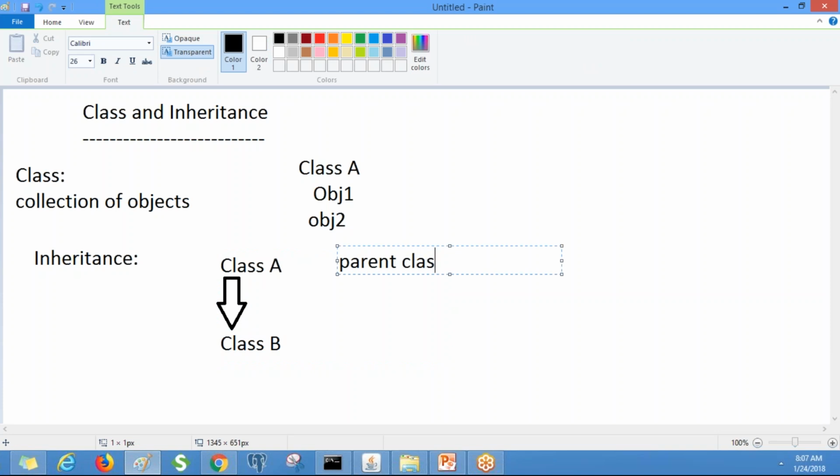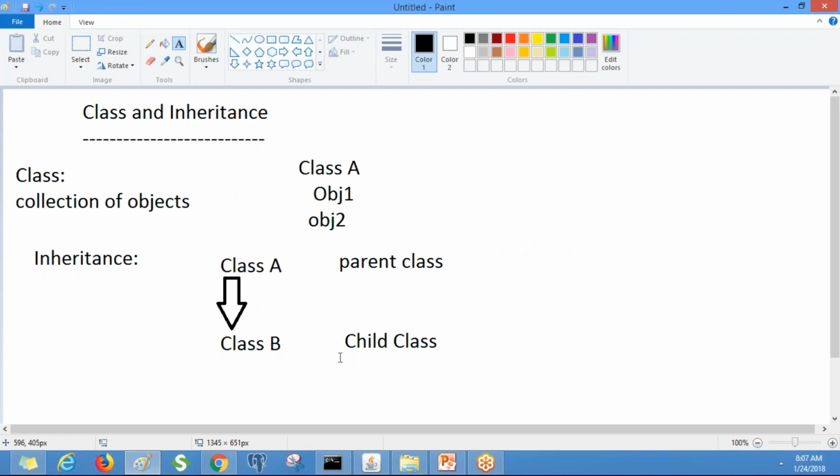The child class can utilize all the characteristics defined under the parent class, but the parent class cannot utilize the characteristics defined under the child class. So this is the inheritance concept.